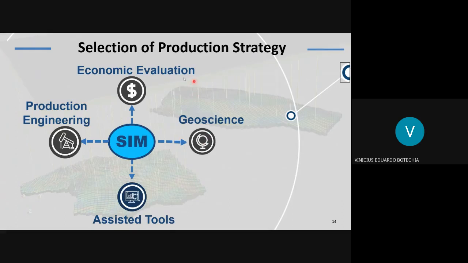So, as I said, the selection of production strategy is a multidisciplinary effort, and the simulation can be integrated with economic evaluation. The output of the simulation can be used as input for economic evaluation, right? In the companies, they do everything kind of separated, right? The reservoir engineers do their job, then it goes to the production engineers, then to the economists to see if it's viable. Here in our group, we try to do everything as integrated as possible.